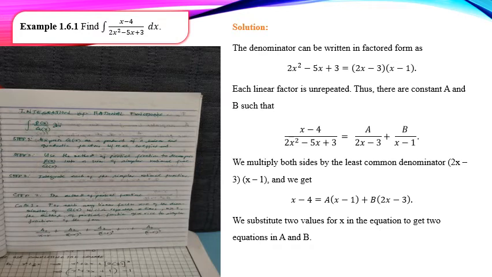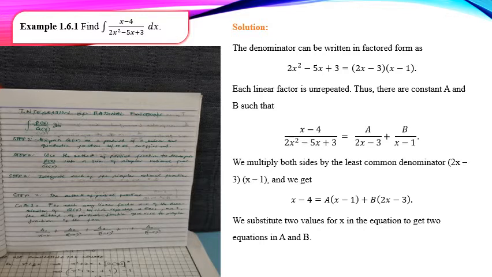So we have steps on integrating using the integration of rational functions here. So sa step 1, express the denominator q of x as a product of linear and quadratic factors with real coefficients. Ibig sabihin nun, yung denominator natin is i-express natin as a product of linear and quadratic factors. Ibig sabihin, ifa-factor natin siya as a product of linear and quadratic. So, pwedeng maging linear yung factors natin, pwede ding maging quadratic yung factors,